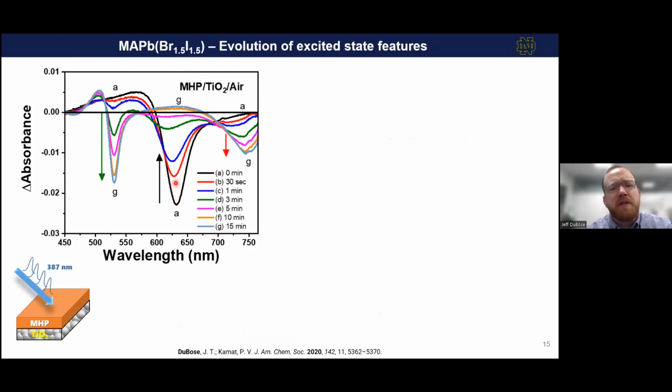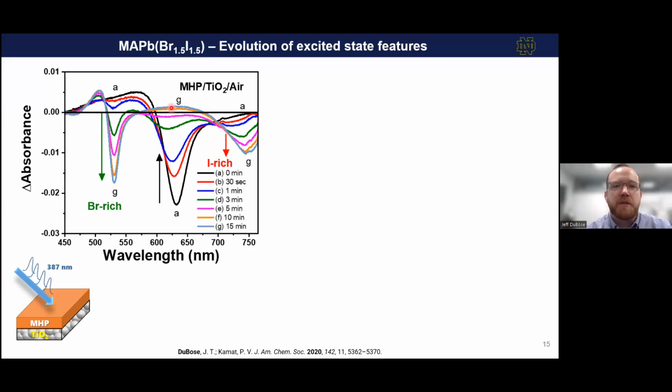We see a decrease in this mixed halide perovskite bleach feature and the concomitant increase in an absorbing feature from the bromide-rich perovskite around 525 nanometers and one down here around 750 nanometers. And this is very well described as an almost pure bromide-rich phase and a nearly pure iodide-rich phase. If you overlay the separately synthesized pure iodide and bromide, it's almost a 1-to-1 overlap. This tells us we're consuming the mixed halide perovskite and generating the halide-enriched domains over the time course